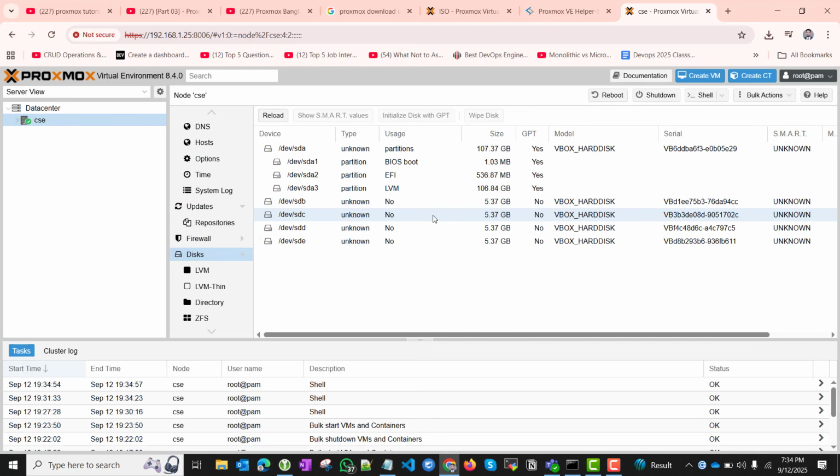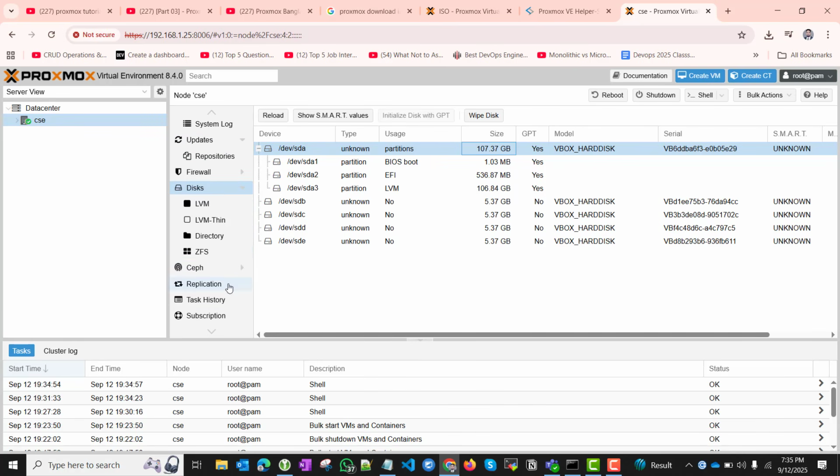Yeah, here is our disk. One disk is 100 GB or 455 GB. Let's go